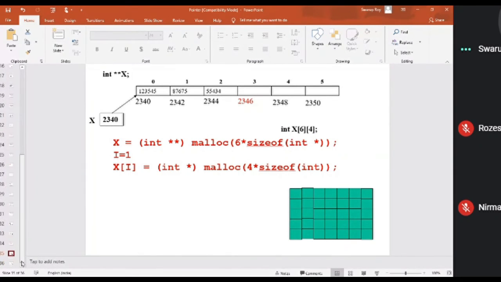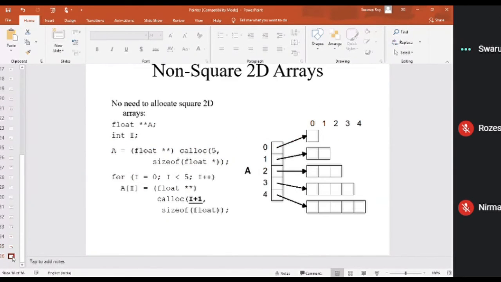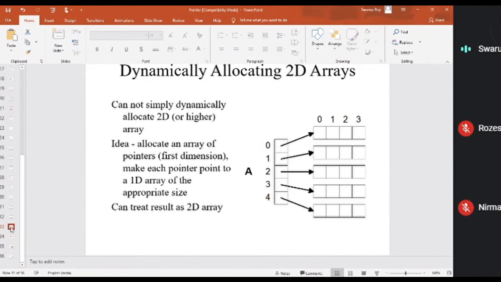So now let us write some small program. Okay, so this is the diagram. This is the array of pointers, the first one. The array of pointers here, the A, that is 0 to 4, and then you are creating 5 such arrays.